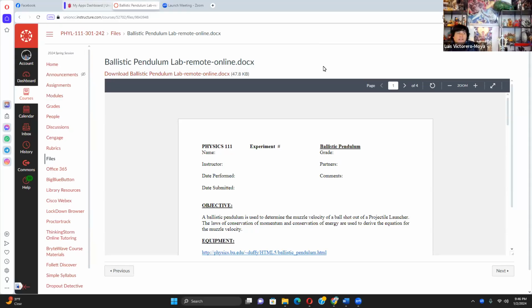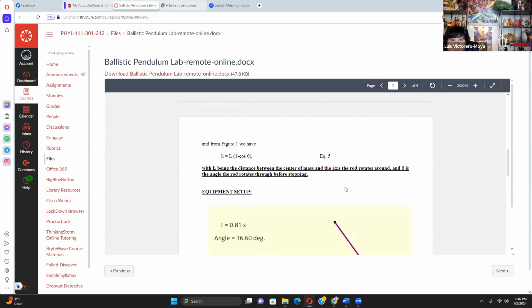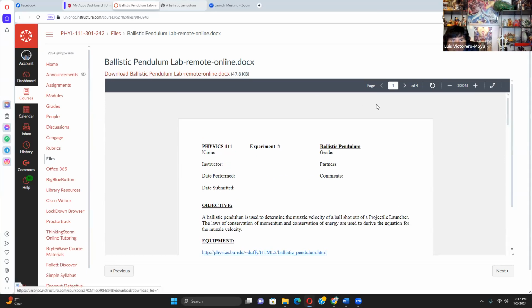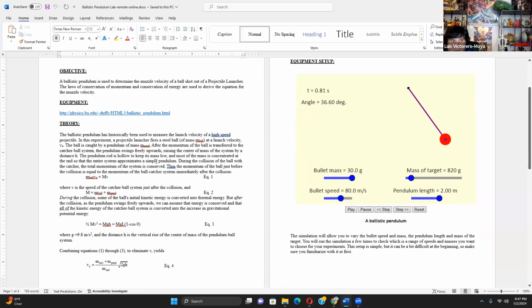All right, this is the ballistic pendulum recording. This lab, again, is going to use an online simulator. It's actually pretty simple. You just have to make sure you download the file so you can look at all the equations. All right. Conservation of momentum, conservation of energy, and an equation that you're going to need to use to find the speed